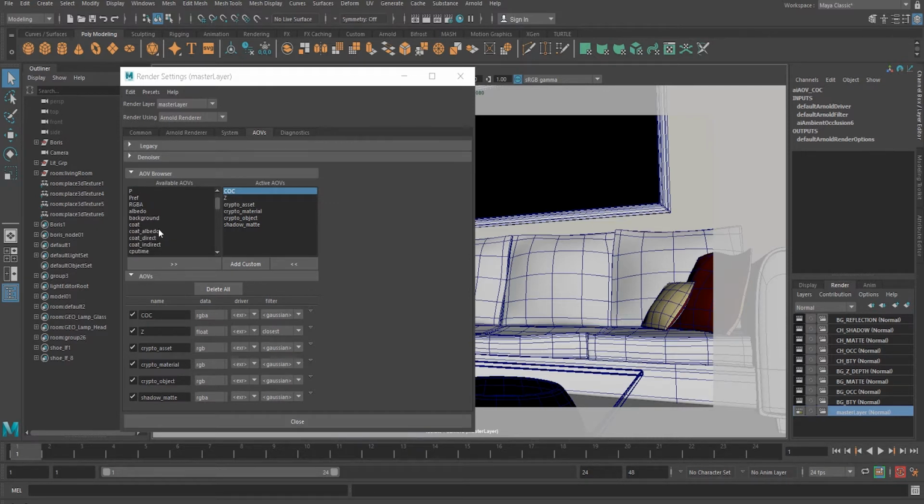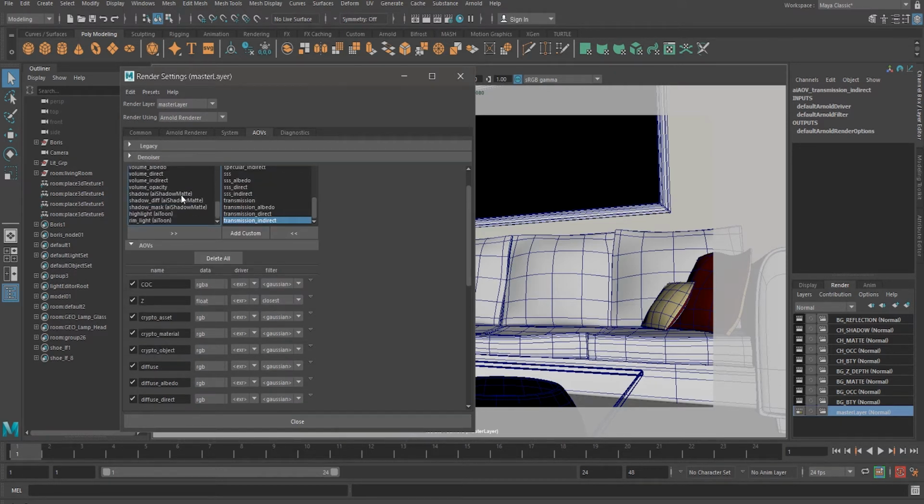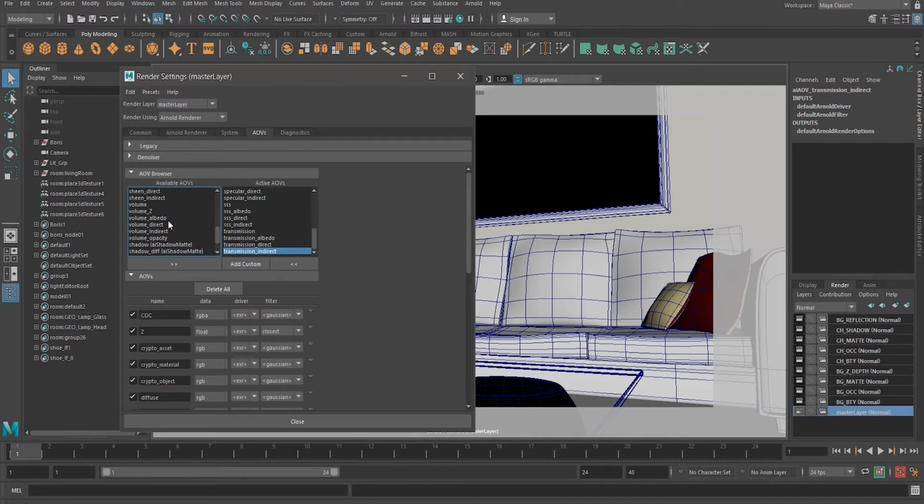First, I will go with diffuse, then diffuse albedo, diffuse direct, diffuse indirect, direct, emission, indirect, and specular albedo, specular indirect, triple S albedo, direct, indirect, transmission albedo, direct, indirect. For now, this is it.